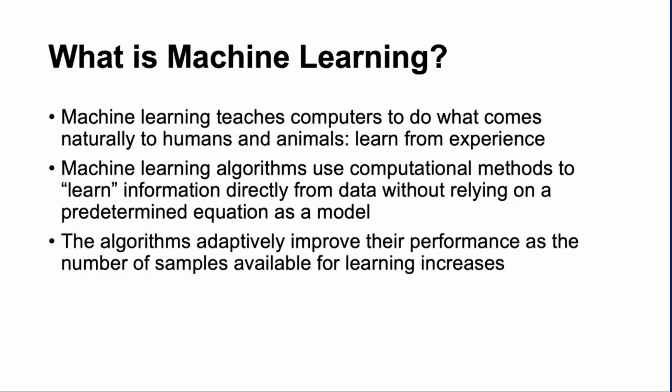Now, let's proceed to a specific type of AI, which is machine learning. So machine learning teaches computers to do what comes naturally to humans and animals. And that is basically learning from experience. So I think the keyword here when it comes to machine learning is that it is based on historical trend. Okay? I hope you get an idea there, ano?